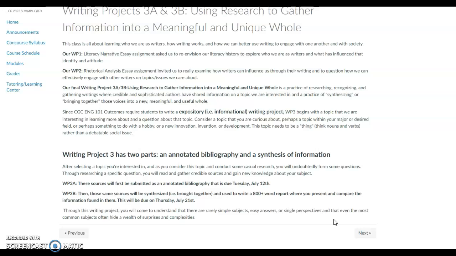compose informative writing. So this isn't the type of writing where we're going to make an argument or share an opinion. We're not going to send out some call to action, where we're trying to rile up our audience and persuade them. Expository means informational. So we are going to be informing our audience. And so over this next few days, we are going to be picking a topic that we want to inform